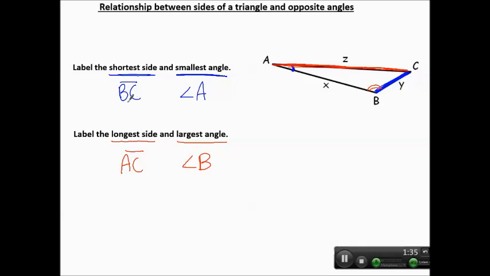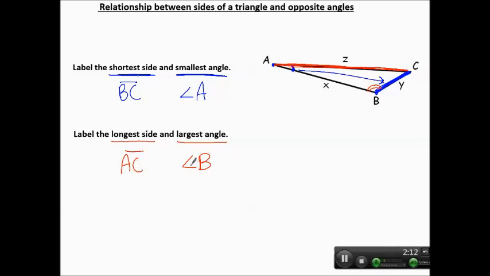The shortest side and the smallest angle, notice where they are in relationship to each other. Side BC connects vertices, points B and C. Angle A, which uses point A as the vertex, is not even touching that side. In fact, we would say it's opposite from that side. It's all the way across the triangle. So it's clear that the shortest side is across from the smallest angle. Also,